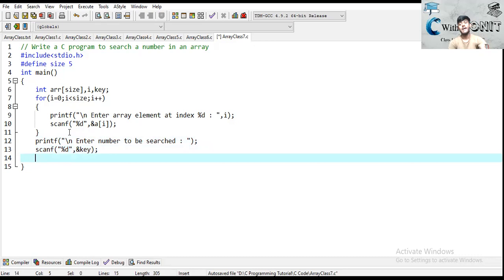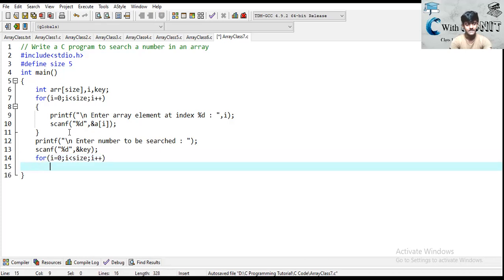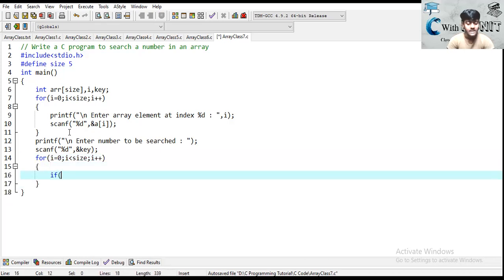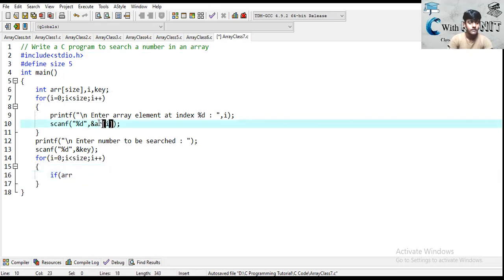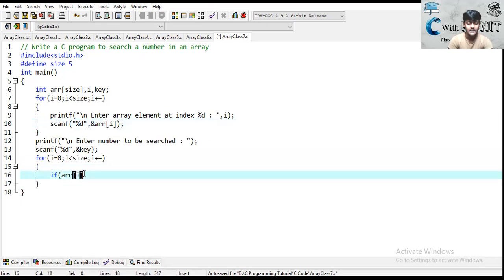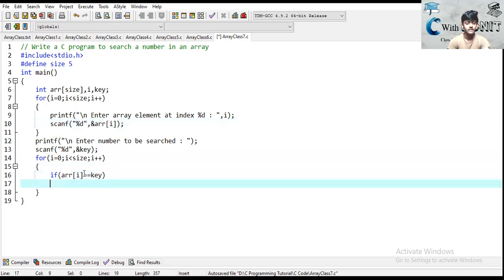Okay. Now we will traverse the array and we'll check whether the number is the same as the key or not. If it is the same, then we will print that we have got the number. Okay, so how will it be done? For I equal to 0, I less than size, I plus plus. Now if A of I equal to key, then